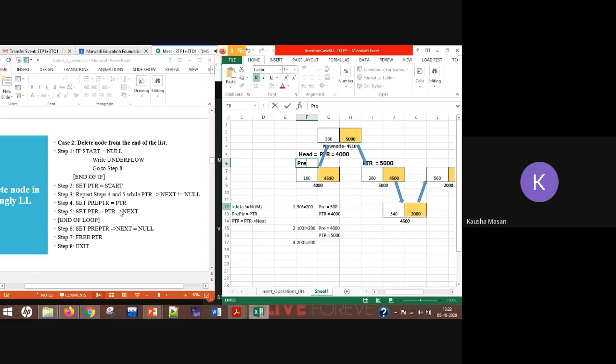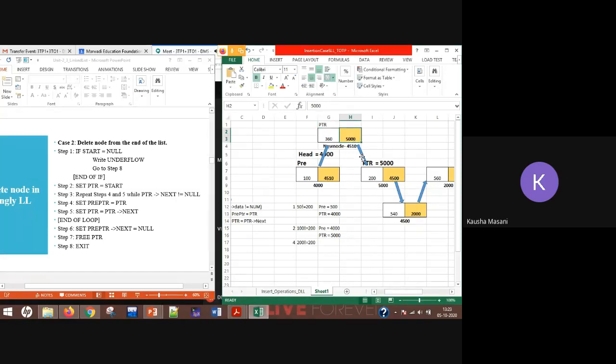What I need to do with my PTR now, I need to move my PTR wherever the next value of PTR is pointing at. So what is PTR of next? 4510. 4510 is here. So I need to move my PTR, okay, from here, okay, to here. I'm going to write it here, my PTR. Okay, now my PTR is here.